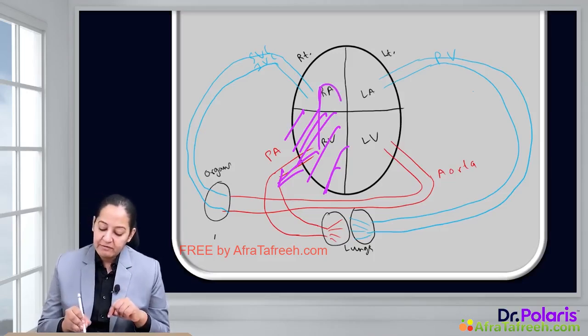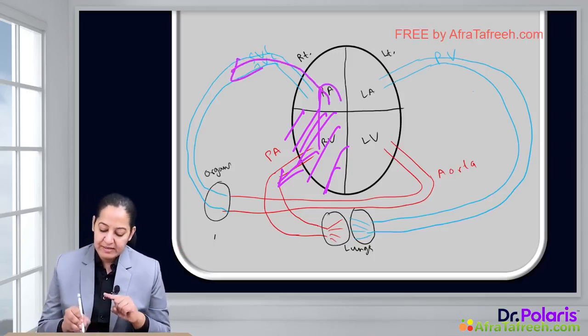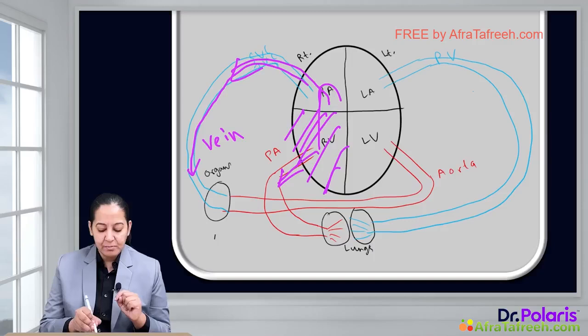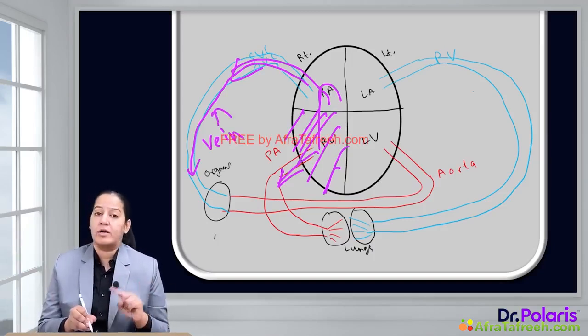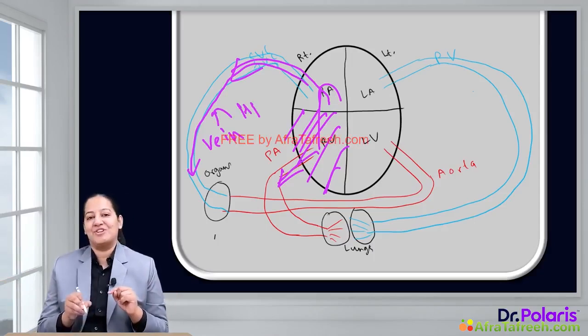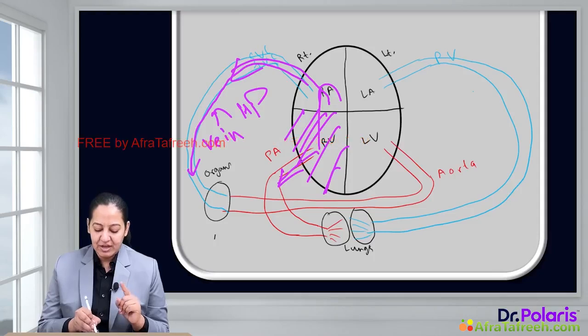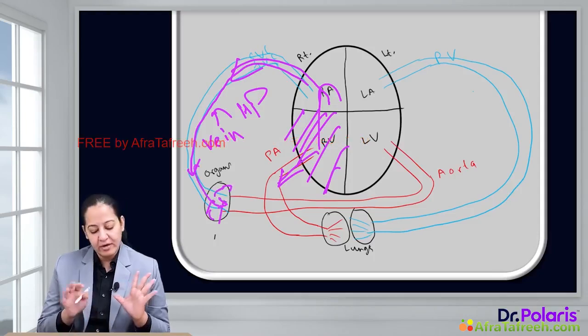From the right auricle, the blood will go to the SVC and IVC. And from the SVC and IVC, the blood will go into the veins of the organs. So the veins of the organs contain more blood because of the backflow. More blood means more water. More water means increased hydrostatic pressure. So because of the increased hydrostatic pressure inside these organs, the fluid will come out and that can lead to